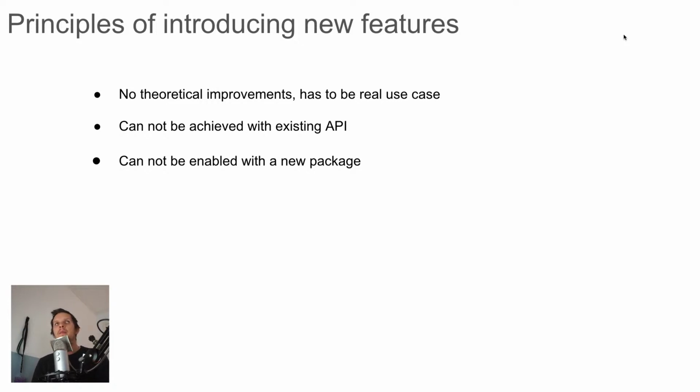So the principles for me for introducing new features or changes in Overmind is that there shouldn't, and this is general really, there shouldn't be any theoretical improvements. Very often you can look at APIs, or you can think about the concept and it would be so cool if we could do this, or if we could write this syntax instead, it would be so much cleaner. But it has to be a real use case. That's really important. And ideally it should be multiple people having the same use case.